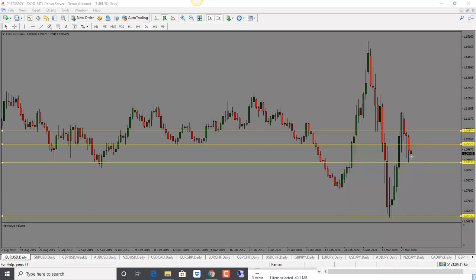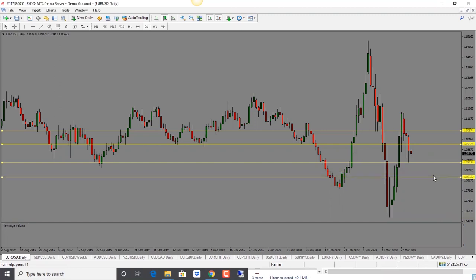On the flip side, we have to be careful because price is into support and we've been getting all these pins on the downside. If price holds above this level at 1.0900, now it can reverse. That's the only thing we have to be mindful of. So overall bias is bearish, but if we see that price runs into trouble here or struggles dropping below 1.09, we could see it reverse. So watch out for that.